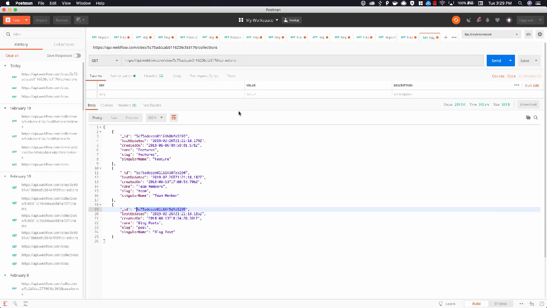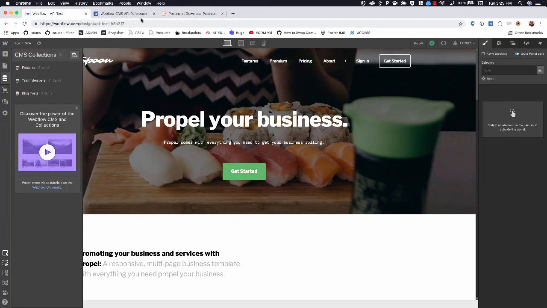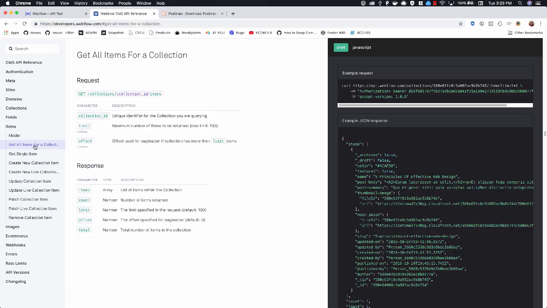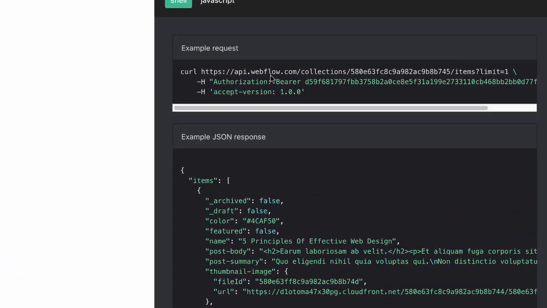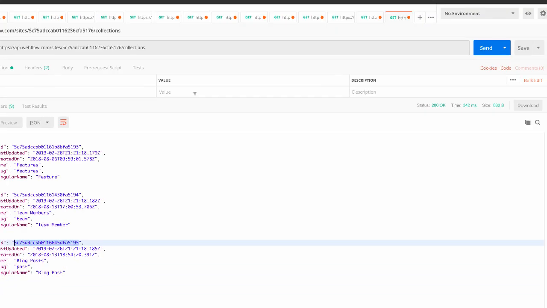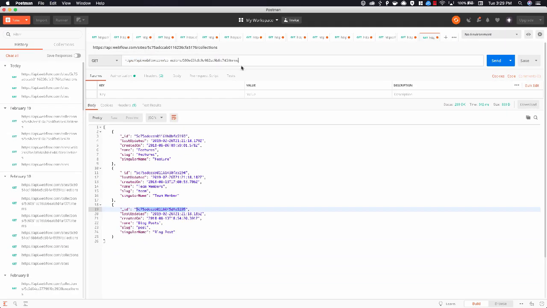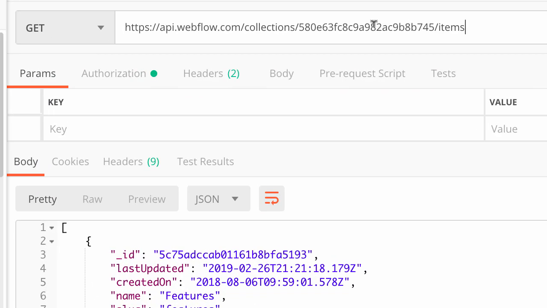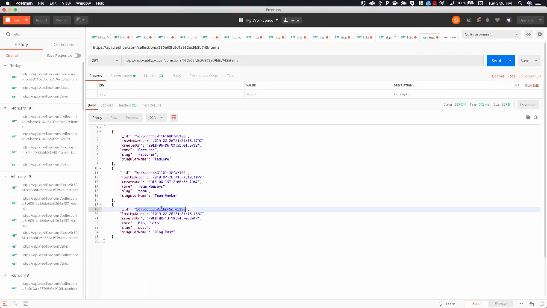Okay, so let's go back over to the API and let's go, okay, get all items for a collection. That's what we want to do. So it's api.webflow.com/collections, the ID of the collection, and then items. So we're going to copy this over. So we copy this, bring it back over here. This is the dummy ID for the collection that I'm looking for. But this is it right here. I'm looking for blog posts. So I'm just going to copy this,